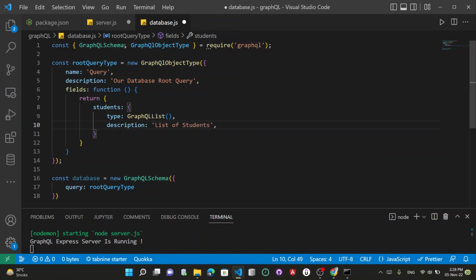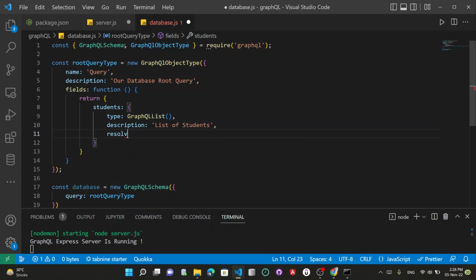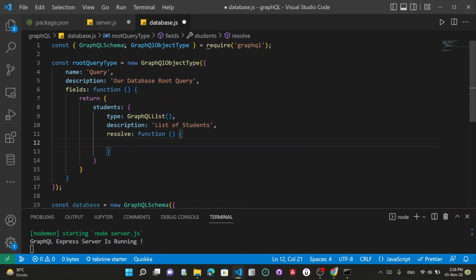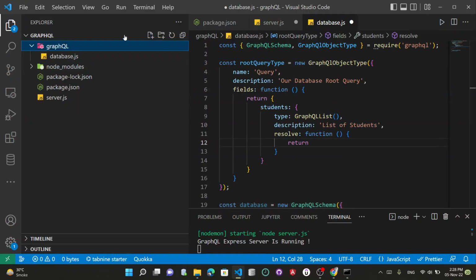Okay, and then we have another tool feature which is resolve. Resolve means what should I return? For this schema, this category, this table, students, what should I return? Now the data here can be derived from a database, or for now I am going to return local data. Okay, so here what I'm now going to do, make one more file which says